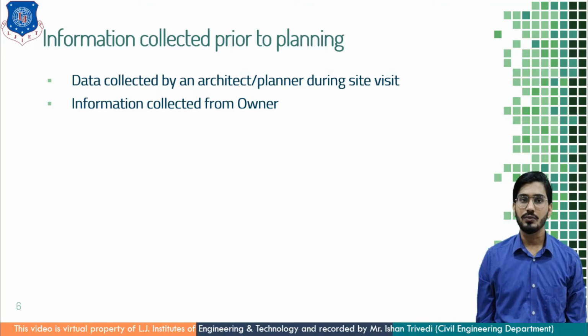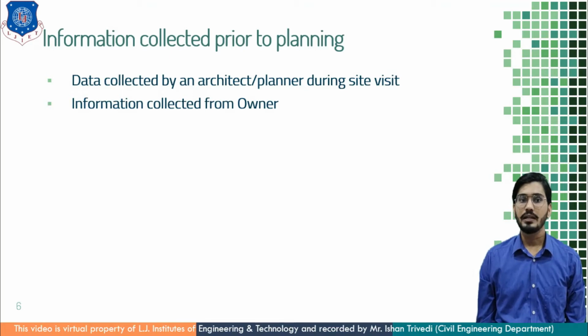This information includes availability of water, availability of electricity, drainage facilities, north direction, trees, desirable views, level of roads on plots, then shape and size of plot, existing structures in neighborhood plots, then invert level of municipal drainage. These parameters are very essential, along with the availability of a source of water to the land area as well as the municipality and the surrounding ground level.